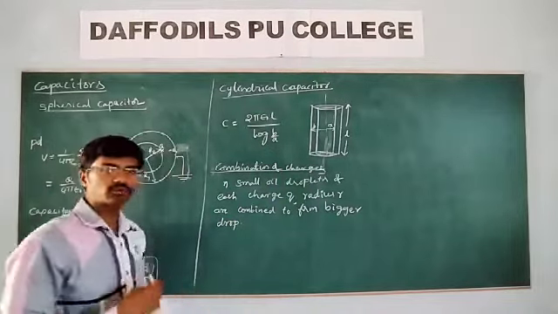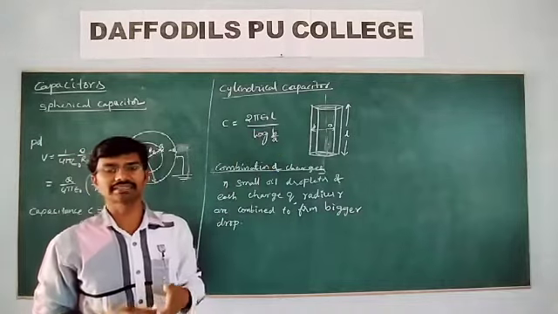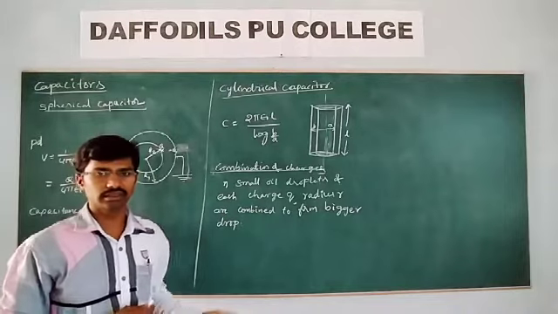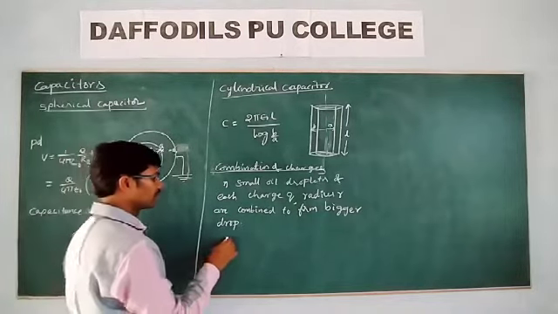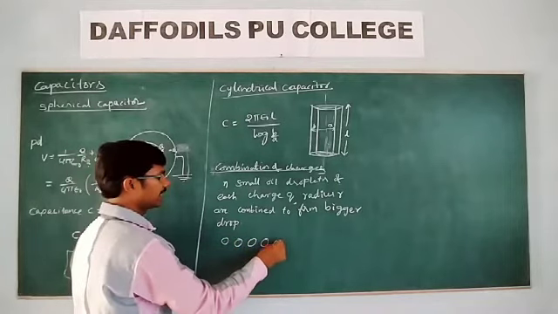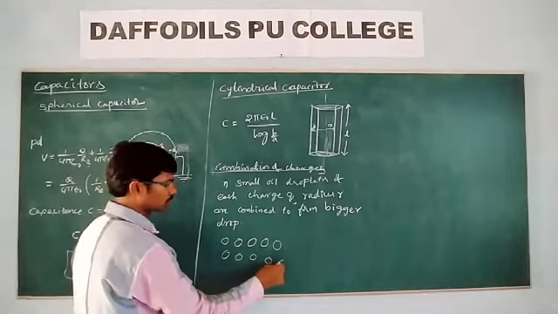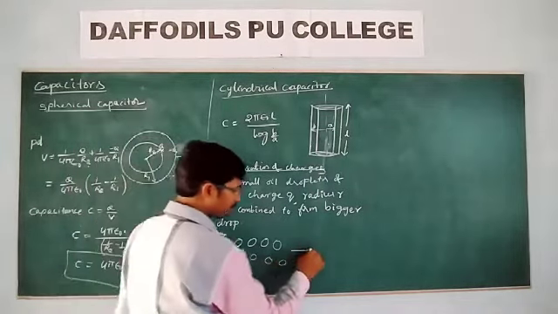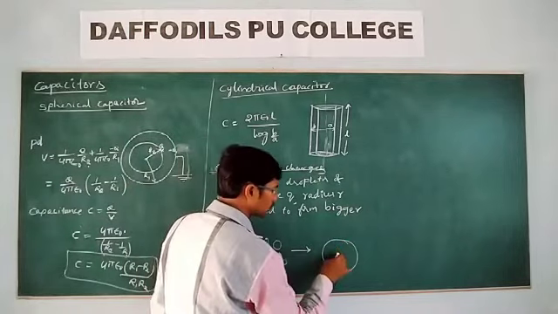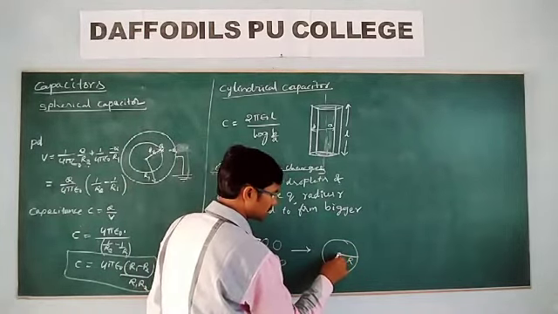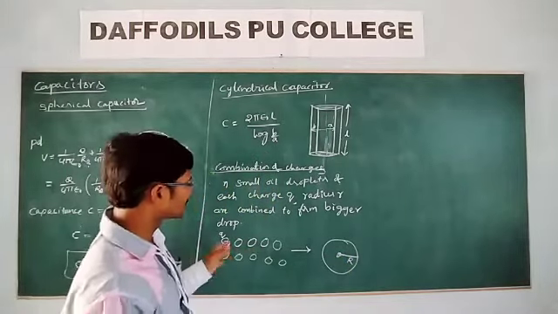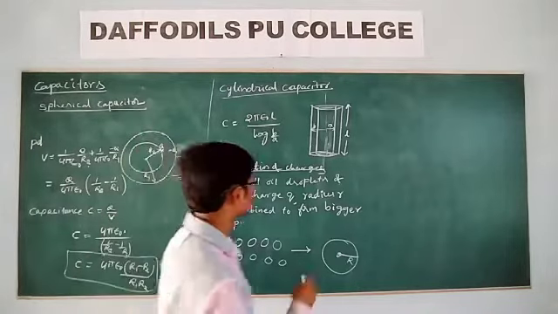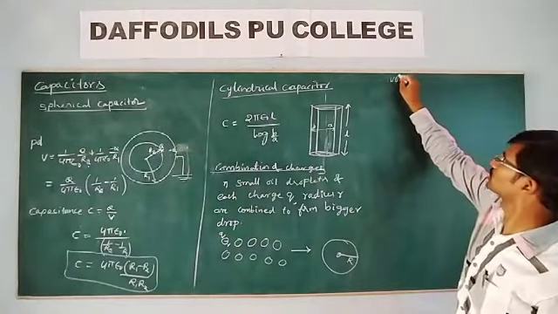Then we have to find the capacitance, the charge on the bigger sphere and the potential energy. When n identical oil droplets, each of charge q and radius r, combine to form a bigger drop of radius R, remember that the volume remains constant. That means the total volume remains constant.